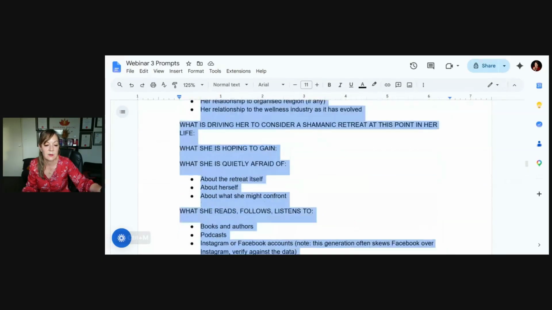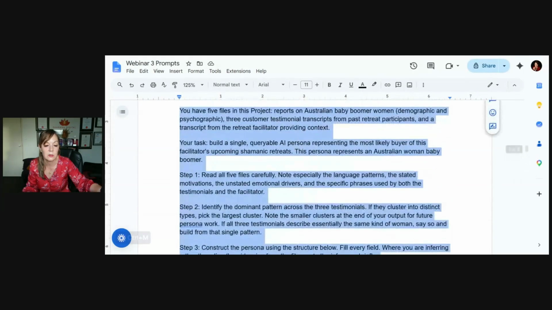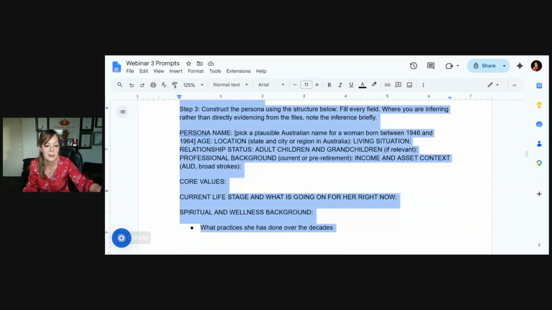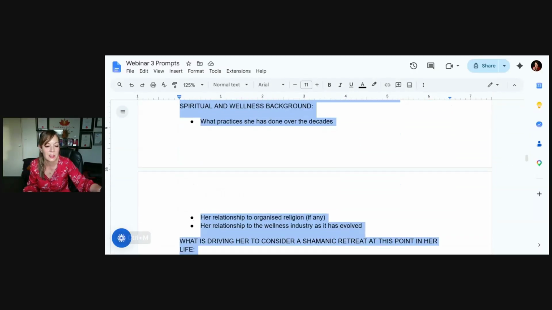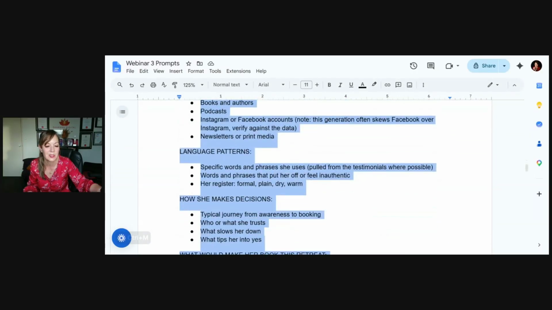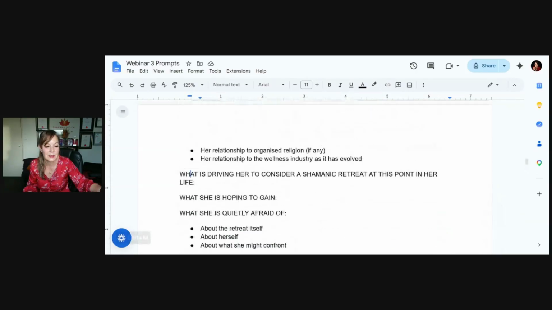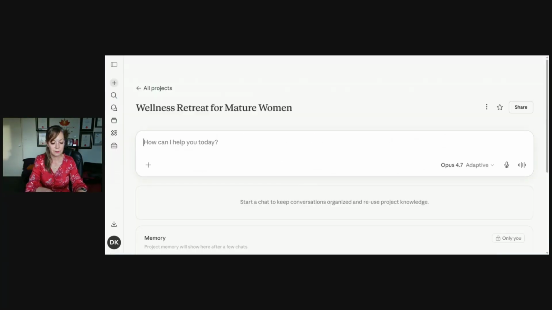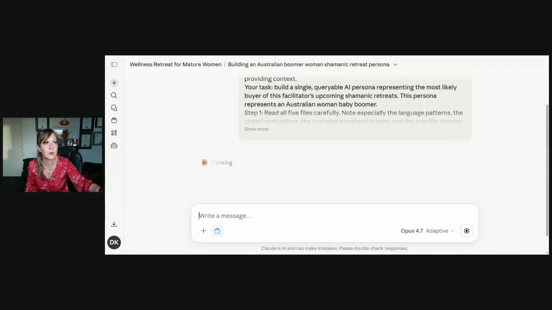In this prompt, it's quite long because it tells the AI who it is in terms of the target audience. It's going to actually give someone who's got a name and all the demographic details that you need to be a person, and psychographic. So let's put this in and we'll actually build this person. We'll give it its first prompt. It takes some time to get these background pieces of information to build this, but once it's set up, you can use it all the time.